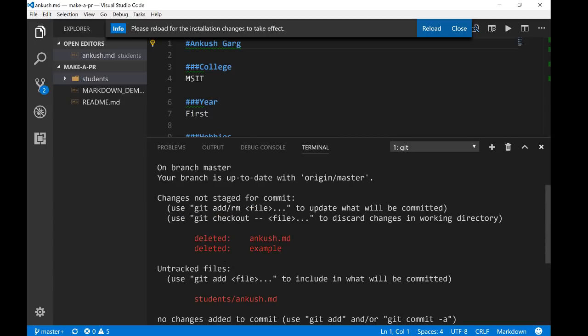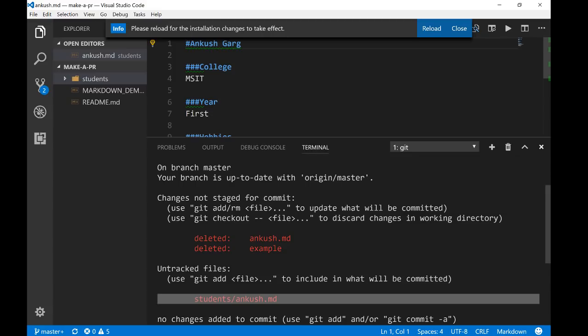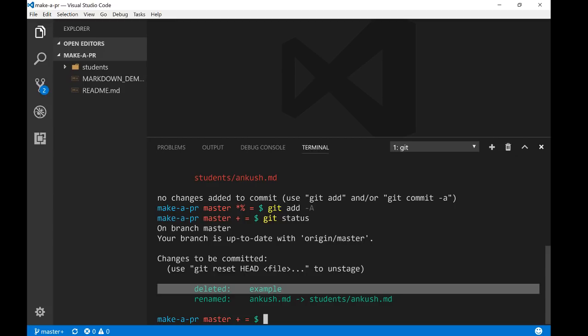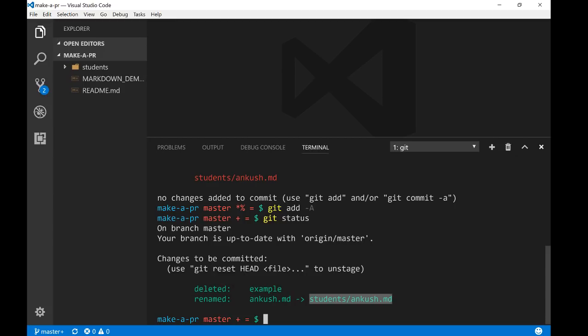ऐसा है कि जब तक ये ऐड नहीं होता फाइल, तब तक क्या होता है कि वो इस फाइल को डिलीट होते हुए और इस फाइल को ऐड होते हुए अलग अलग दिखाता है, because Git has not actually looked into their contents. But when we add this, now Git realizes that example तो डिलीट हुआ, but ankush.md simply रीनेम होकर student/ankush.md हुआ है. ठीक है. And in Linux terminology move and rename are the same thing, so that's why it's called just renamed only. And then git commit, and let me just add some message, clean up the